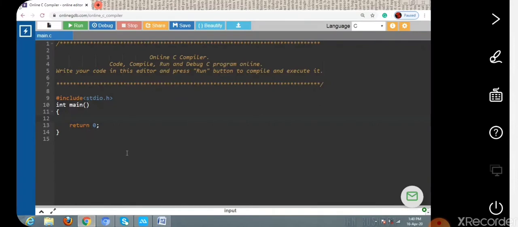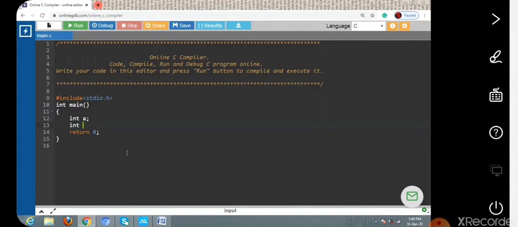So here, inside the main function, I declare one variable named a, the normal variable. We are going to access the value of a, but we just want to declare only one pointer variable.